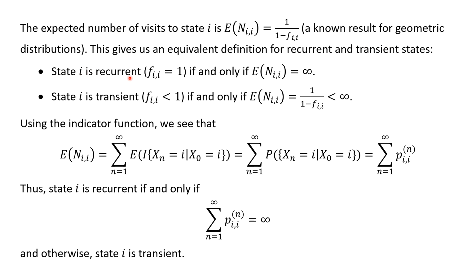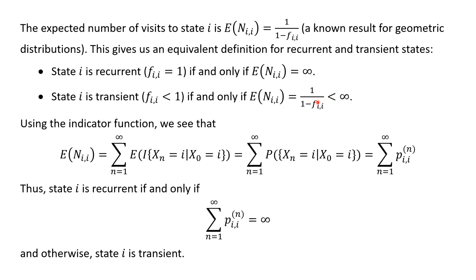So a state i is recurrent, in other words, Fii equals 1, if and only if the expected value of Nii is infinite, and the state is transient, Fii is less than 1, if and only if the expected value of Nii is equal to 1 over 1 minus Fii, less than infinity. And I should point out it's also possible for this to be 0. Fii could be 0. I maybe suggested that wasn't the case. It doesn't have to be 0, but it can be, and that means you have a state where the only possibility is to leave it, as we saw in the example a couple of slides back, state number 3.